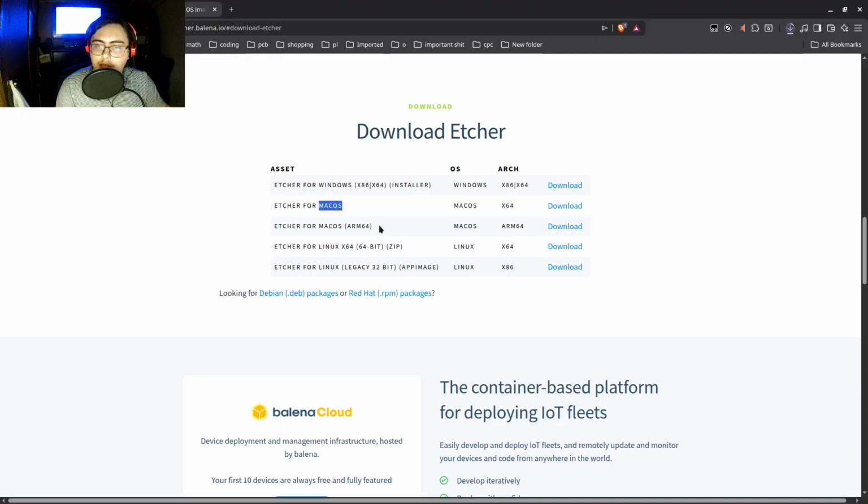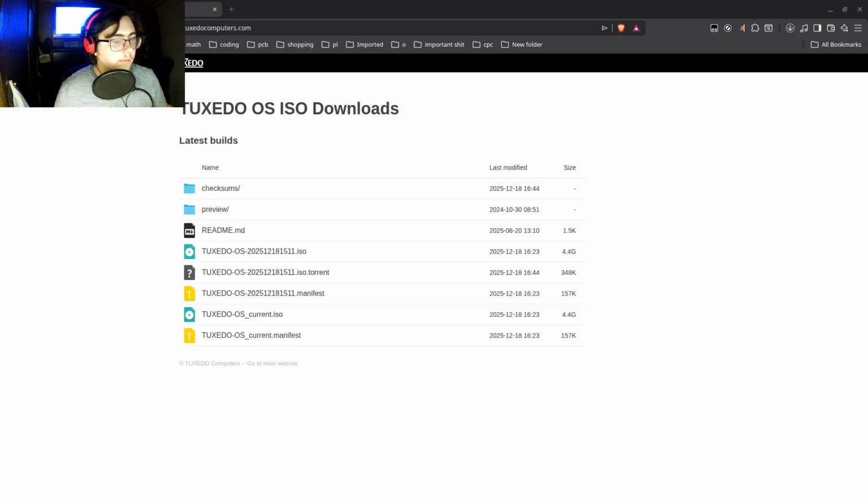It's going to be available for Mac, Windows, and Linux, so no matter what platform you're on, except for like FreeBSD and stuff like that, it should be supported. Anyway, you're probably going to be using Balena Etcher, and I will have a tutorial in the description on how to use that, but what I'm going to be using is my Tuxedo OS's built-in ISO flashing tool. Like I said, if you need it, there's a tutorial in the description, but it's pretty simple to use, because most of these programs are basically the same.